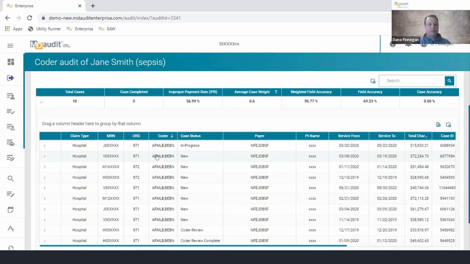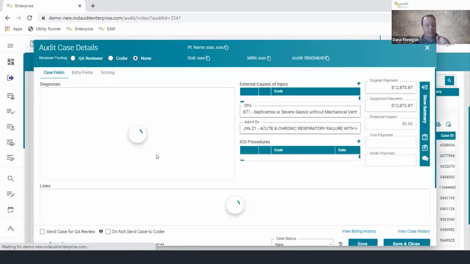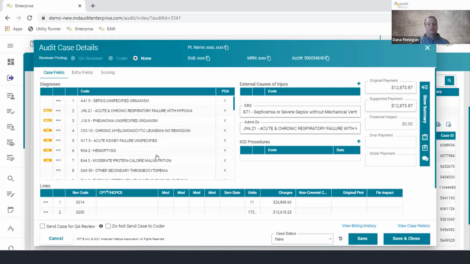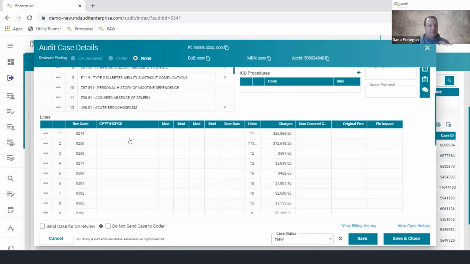So now I'm going to go into one of these claims, and I'm going to append an audit evaluation of how this coder performed. And then we're going to get that over to the coder so they can do a full review and rebuttal. So just to familiarize you a little bit with this screen, I know you've all seen the claim form, but I have all of my diagnosis codes over here. Our CCs and MCCs or HCCs have visual indicators if you want to focus right on those because of their importance and complexity. I've got my DRG here, admitting diagnosis, and of course, everything at that revenue code line level,